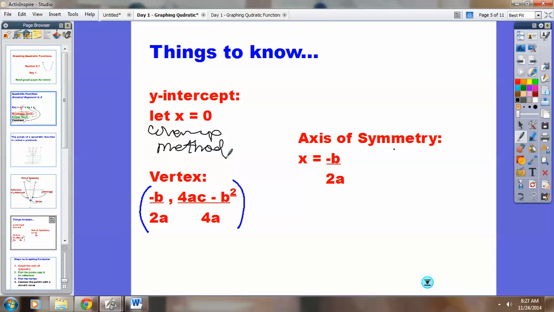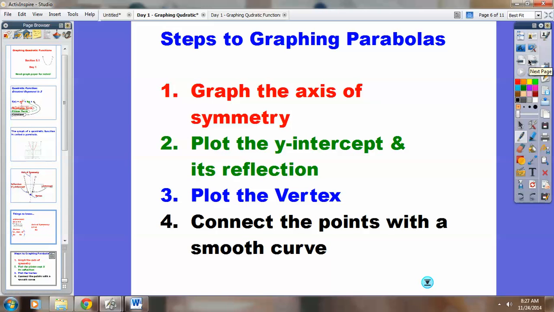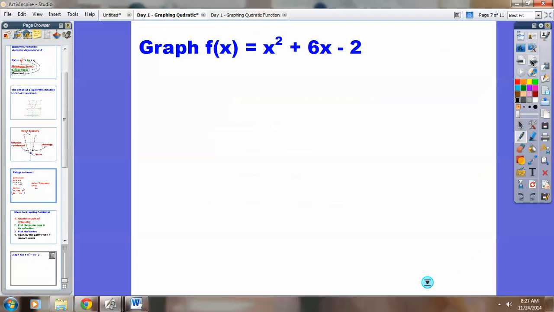Does everyone have this copied down where they need it in their notes? Alright, we're going to walk through this together, so you don't really need to write that down. Here's the first example. On the front of your paper, on the left-hand side, you probably have that all filled in with information, right? Let's use the right-hand side to do the first example. It says below the graph, f of x, copy down what f of x equals, x squared plus